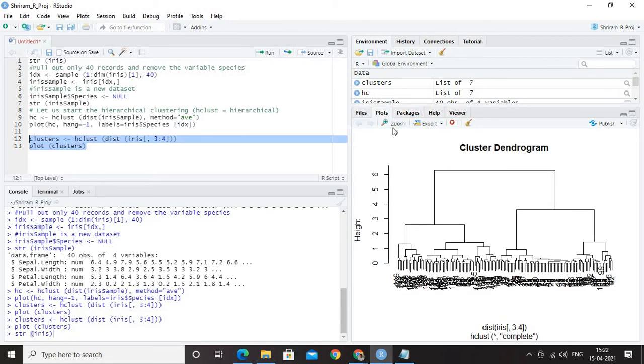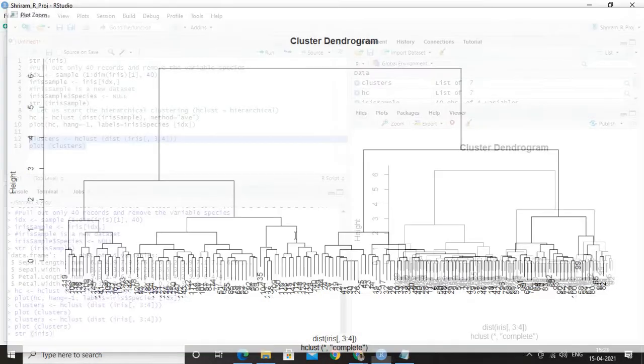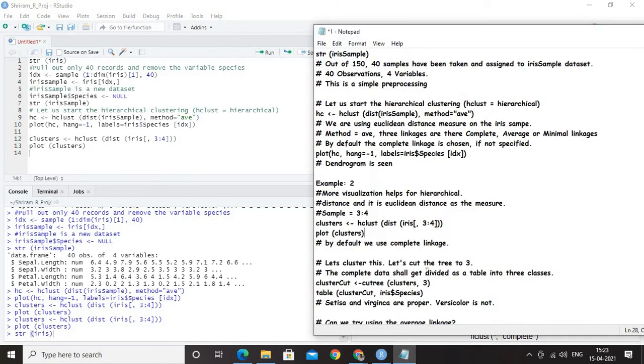Now this is also very clumsy, because we have got a lot of data, a lot of points here. It is very clumsy, and it might not be easy for anybody to understand or infer anything out of it. So what do we do? Very simple. It's better to make it a table and then get a clear view of it.